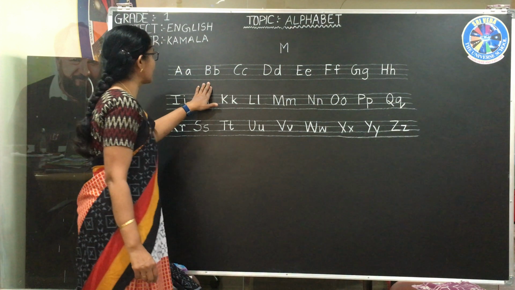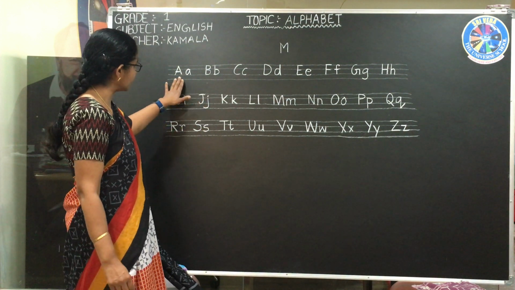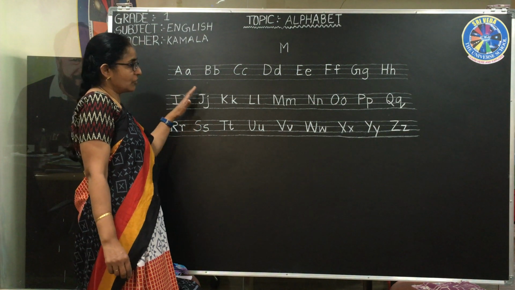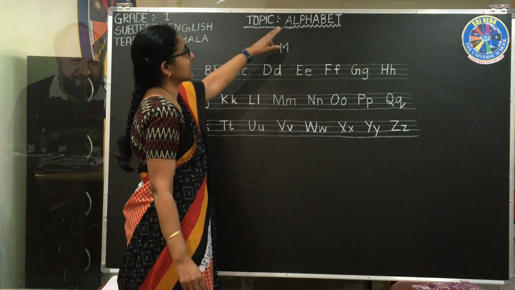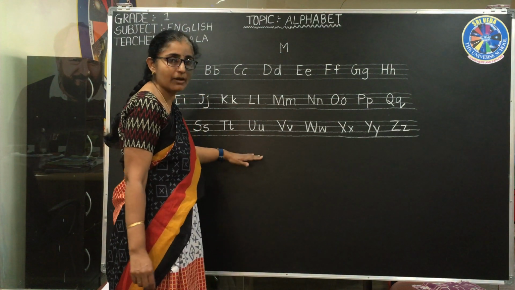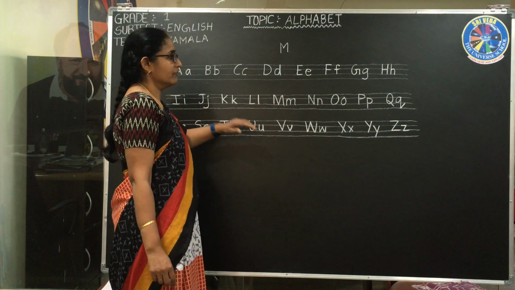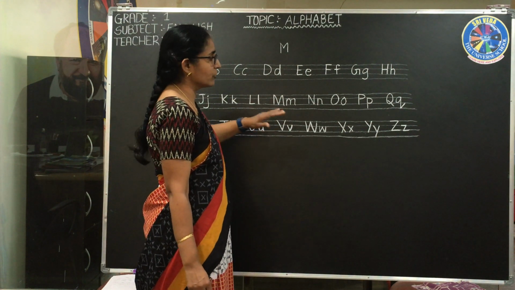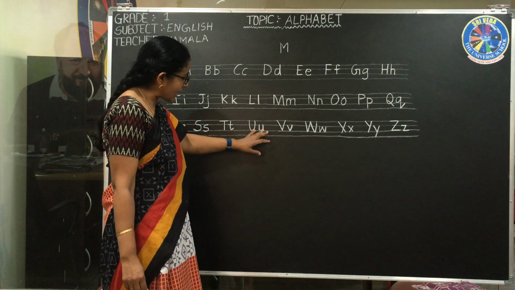So this is how we write. If we write like this, you can find the difference between the capital letter and the small letter. So what are these called? Alphabet. What we are learning, A to Z, are called the alphabet, and this is how we write. With this class we finish writing the alphabet. So I want you to practice very well to write in the lines.